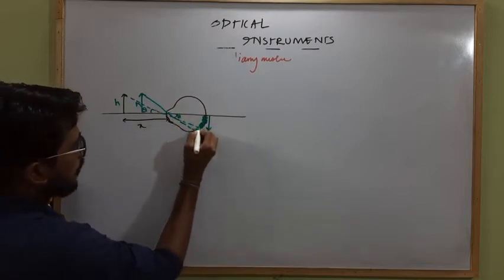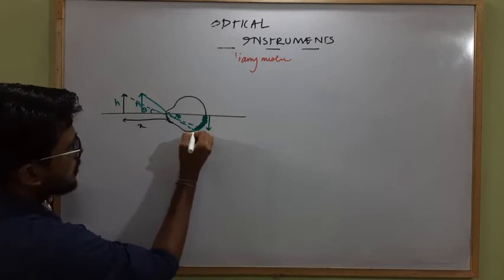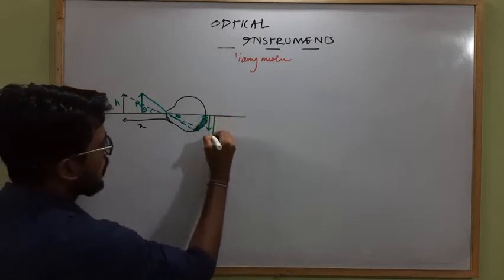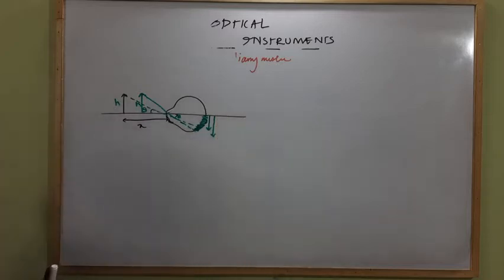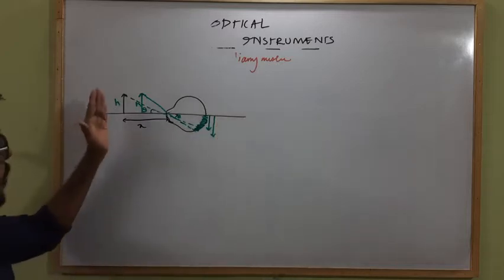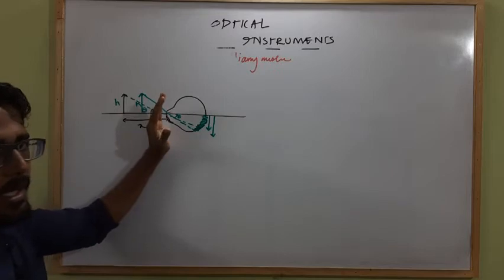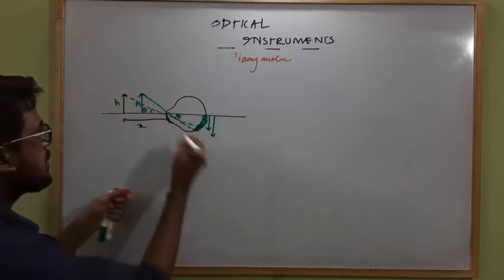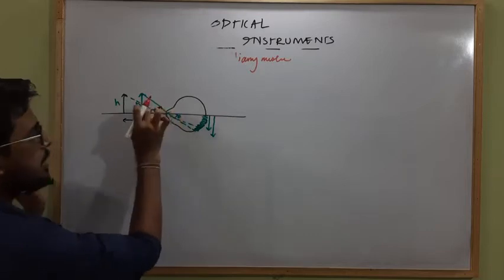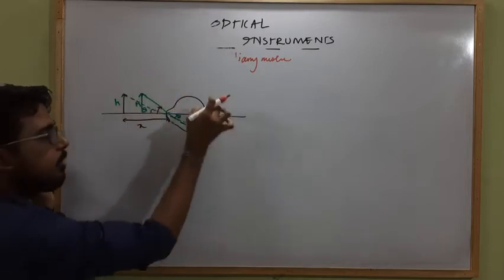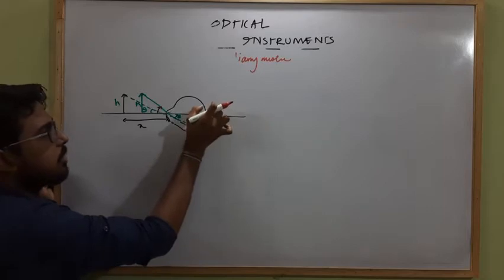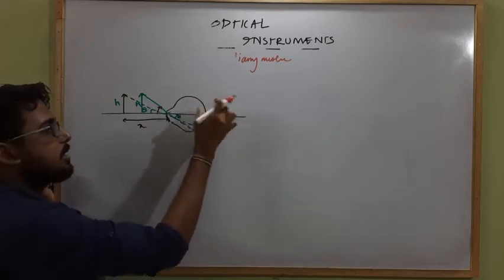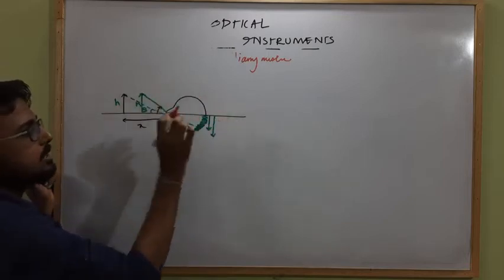So the number of activated cones and rods on the retina will get increased, so it will give us an image of this much size. Clear? So as the object moves close to the human eye, the angle of view increases, and due to the increase in angle of view, the number of rods and cones activated is more, and they give us the sensation of the image being more large and clear.